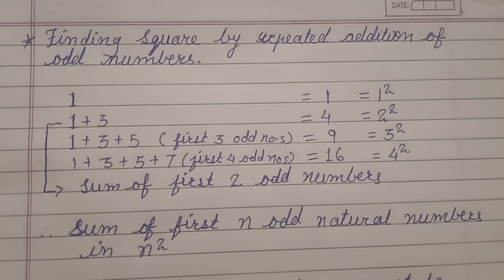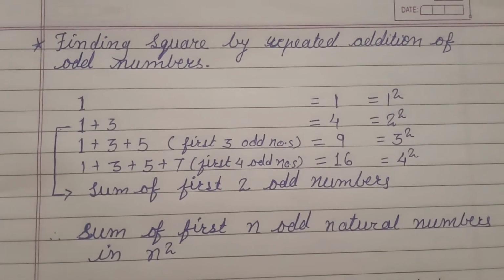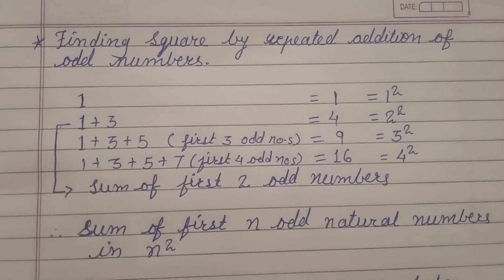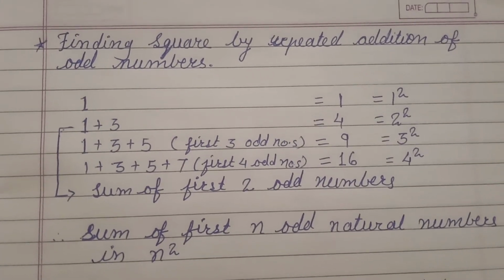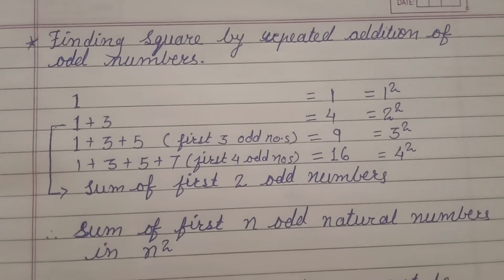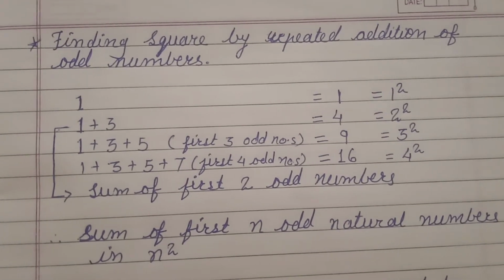Okay, now let's move to the next point, that is finding a square by repeated addition of odd numbers. Children, this is a very interesting method. Now, here again I have written the